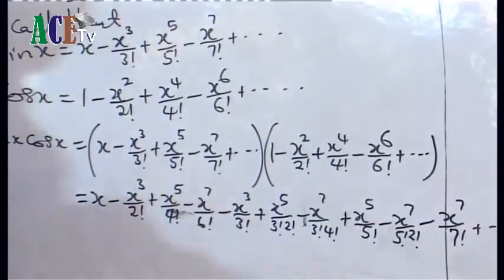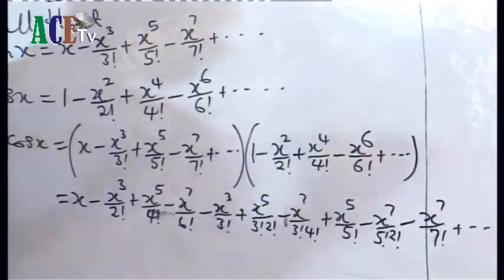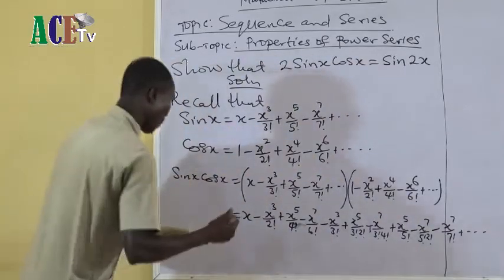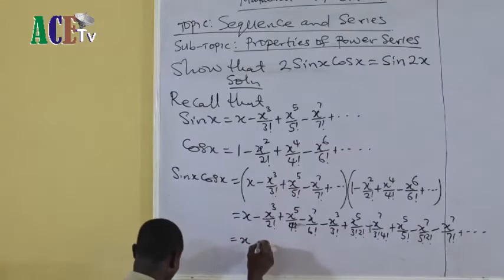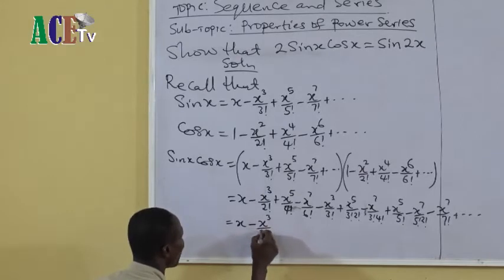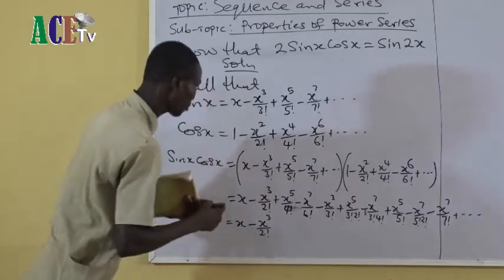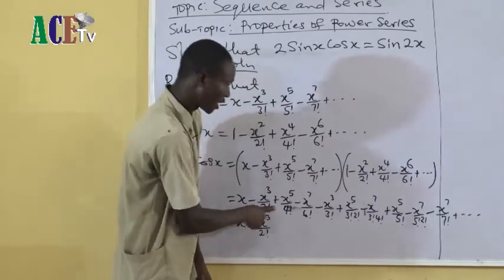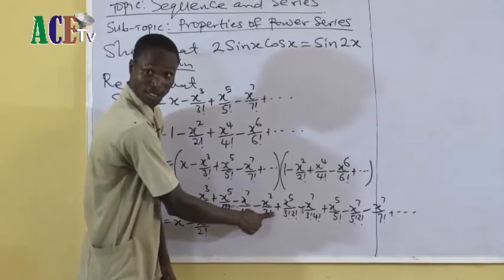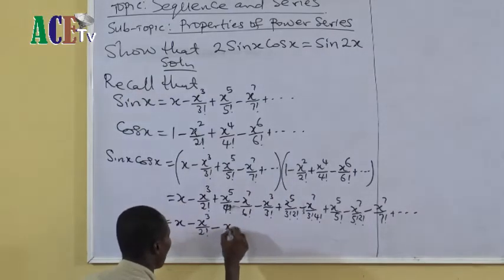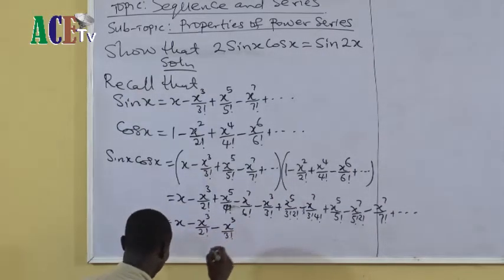Don't forget, it's continuous. There are some expansions here that we've skipped. Then from that, let us combine the ones that are alike. The ones that are very alike, this one can give us x minus x to the power 3 over 2 factorial. This 1 factorial, 2 factorial, this 3 factorial. Isn't it? This 3 factorial will give us minus x raised to the power 3 over 3 factorial